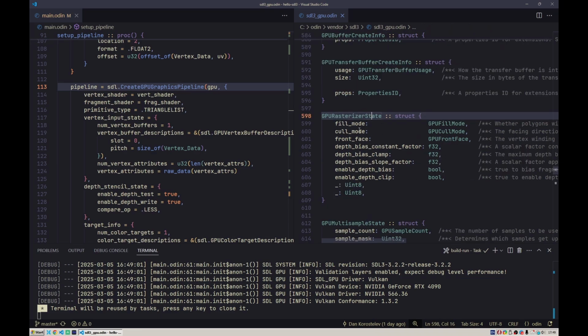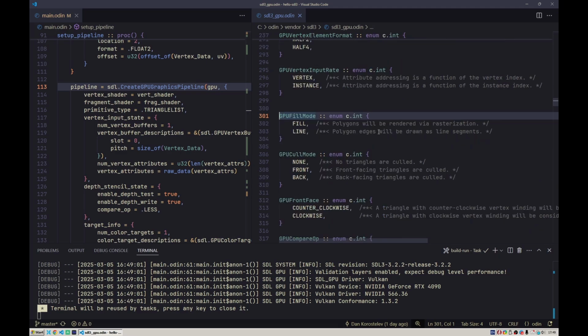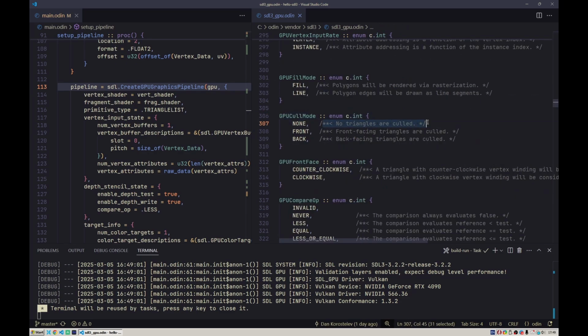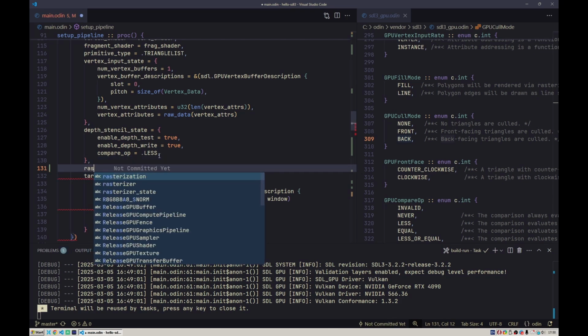And that has a bunch of options, like how do we want to fill the polygons. So that could be like a proper fill or only a line fill, so that would be just wireframe. But what we are interested in here is the cull mode. So by default it's no culling, but you can cull front or back faces, and we want to cull the back faces. So let's just write rasterizer state,